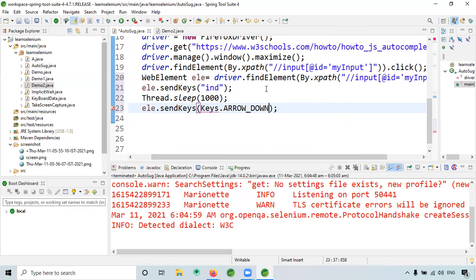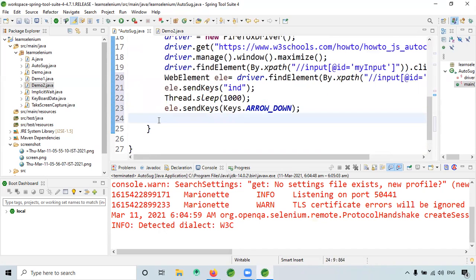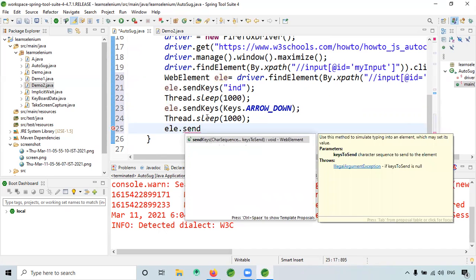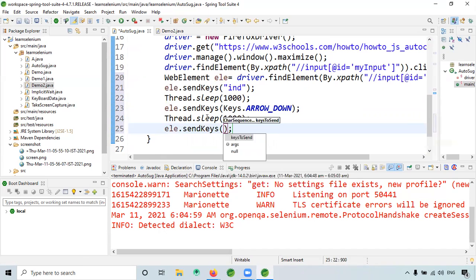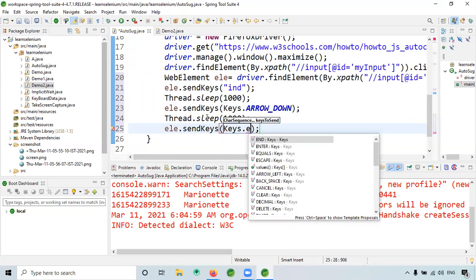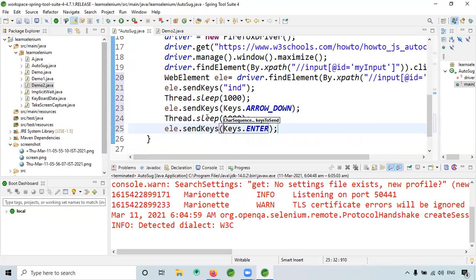We have arrow down, arrow right, arrow left, arrow up. Then I will give once again ele dot send keys, keys dot Enter. That's all.